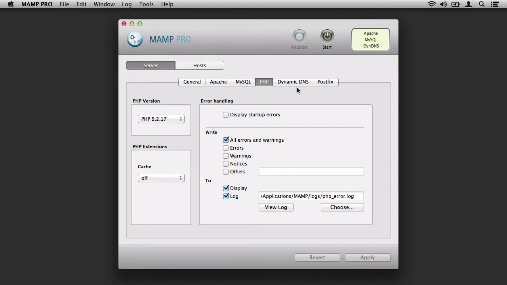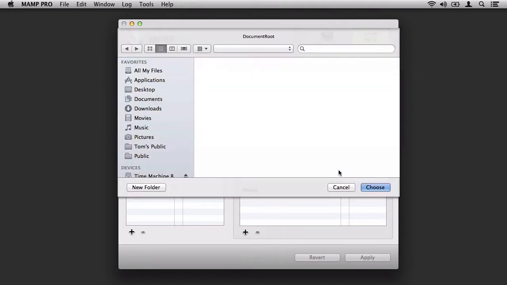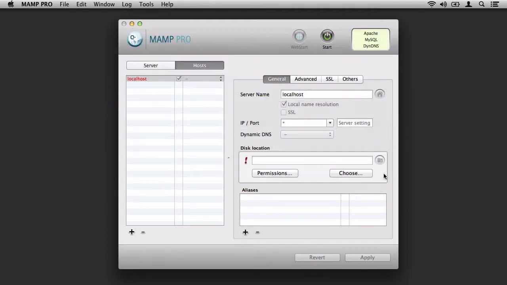We're not going to worry about dynamic DNS and we're not going to worry about postfix as it's outside the scope of this lesson. Next, on the host tab, you'll notice that there is a localhost, and this is how you access the website in a web browser, as you'll see momentarily. Next, you'll notice that I don't have a disk location selected for my localhost hostname. So I'm going to choose Documents, www, and that's where I'm going to be hosting all of my HT